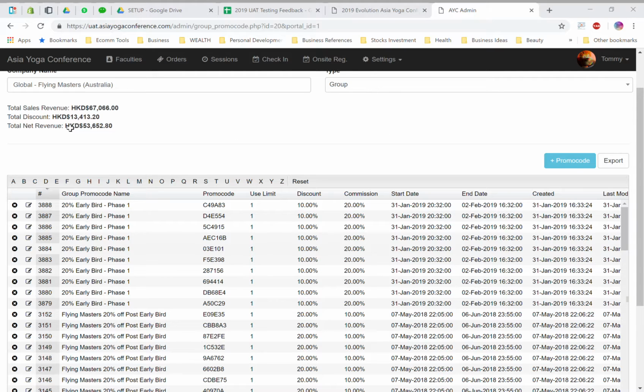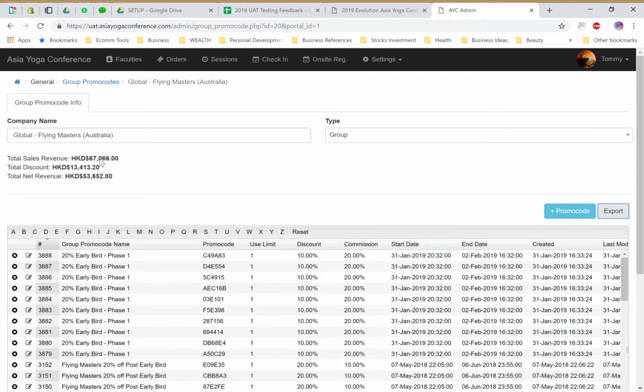You can see the columns got a little bit mixed up. The discount should actually be 10%. Start date, you can see it got shifted a little bit, but I wanted to show you. These are actually the codes that you would give them, whether you send it by email or whatever it is. So you can send them that, and whatever codes get used actually gets recorded